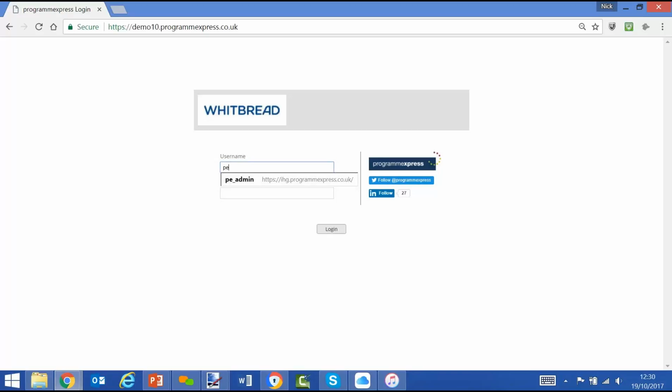So I'm going to log on to ProgrammExpress as an administrator, and you can be an administrator, a write access user, or a read-only user. Now, ProgrammExpress has been used in the past by Whitbread up until 2013, but there have been some significant changes,